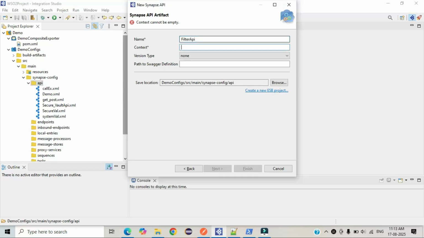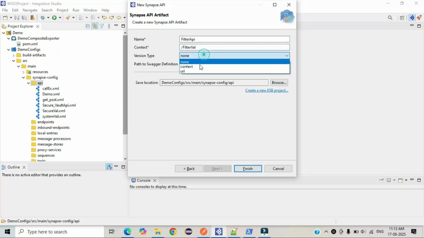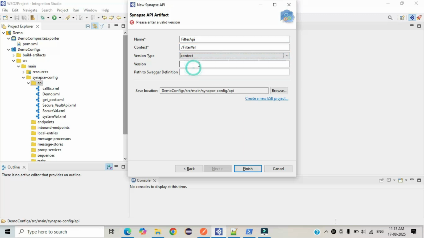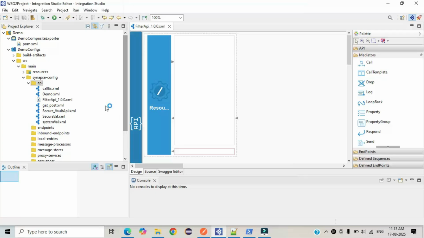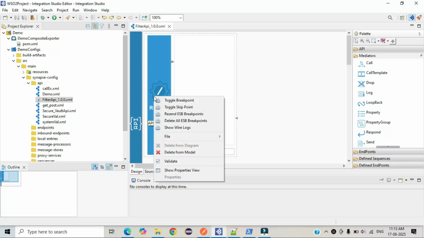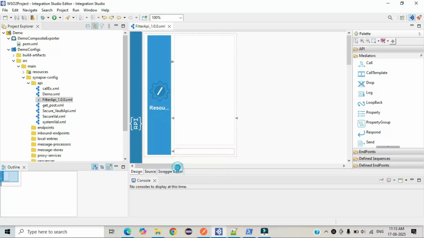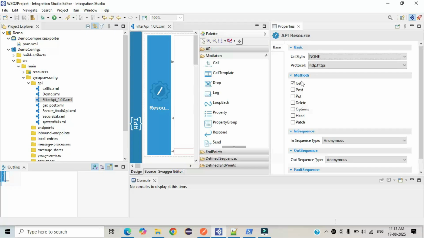Filter API. Filter wall. You can give any name which is convenient for you, and choose your context. Give one version name here. Let's finish this. So this is the default template, like while you are creating any new API. In this video we need to use POST. So first of all, let's change that resource to POST here